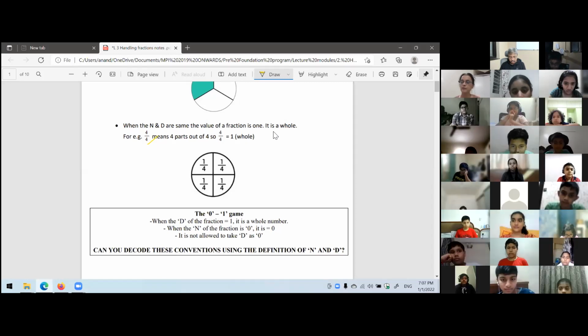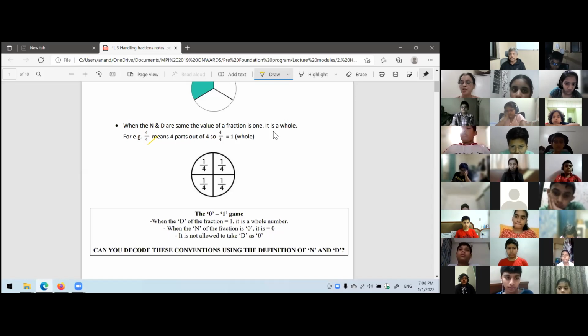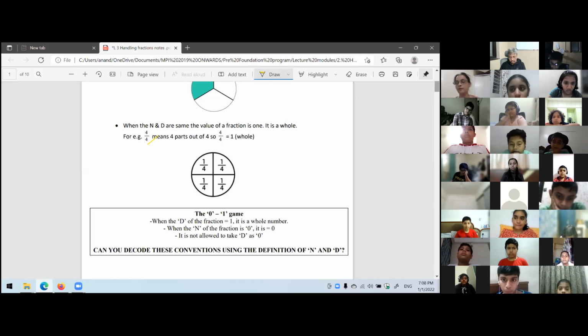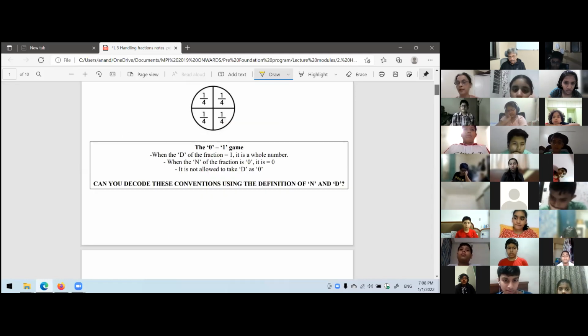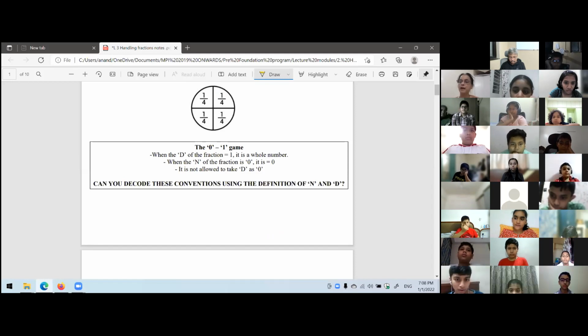Minus 4 upon 1 is what? Minus 4. So this is how integers can be expressed as rational numbers. Can we express integers as rational numbers? Whatever tools we have gathered in the earlier topics, we are not going to leave them behind. We will always try to connect that understanding with our today's understanding. So can I write integer as a fraction? Yes. When an integer is written as n by d format, where d is 1, that integer is a fraction.